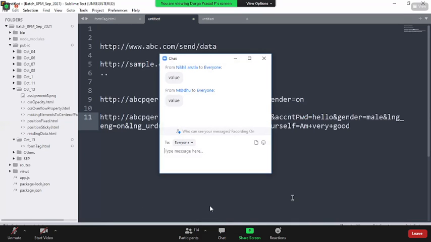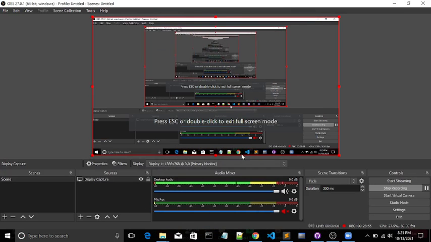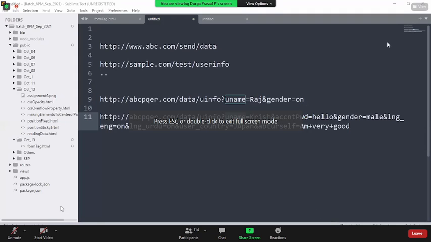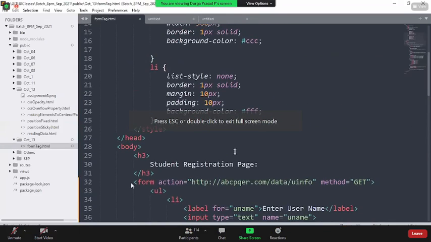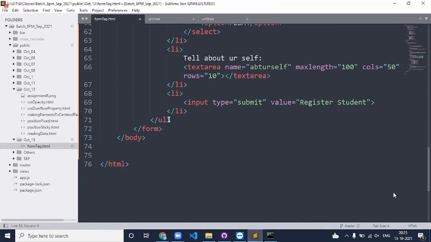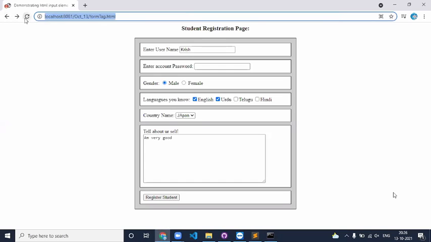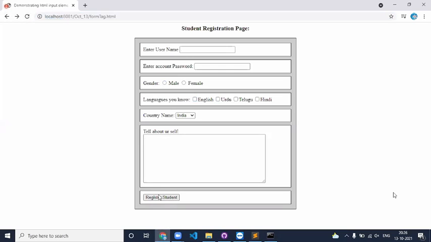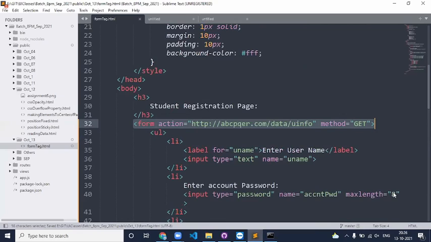Sir, if I use a submit button without the form element, what will happen? It doesn't go anywhere. If you don't have the form tag, adding an input element with type equal to submit is a waste of memory, a waste of time. It's not going to do anything. When you save this and reload the page, when you click on submit, nothing happens, because submit itself has to be only within the form tag. Once you click on submit, it will remind the form tag under which it is, so that the form tag will come out, read the data and send the data to the server.